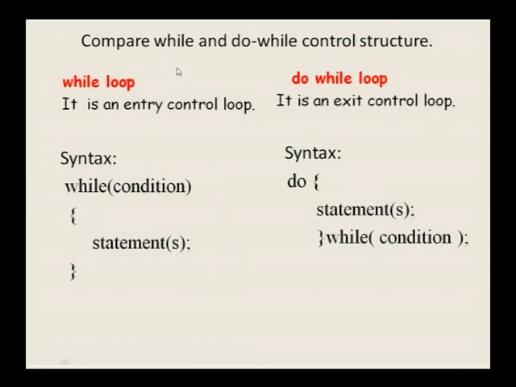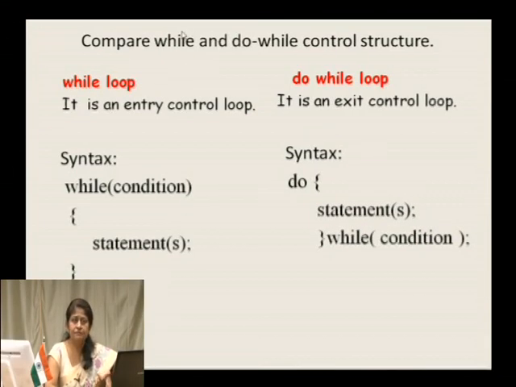Next, generally these are the typical questions that we could expect in a C programming course, that is what is the understanding that we have got of these loop structures. That is, we have to make a comparison between a while and a do while. As we know, a while loop is always an entry controlled loop. Why do we say that it is an entry controlled loop? We have the condition specified before the loop body, so the condition is always checked before the loop body is executed.